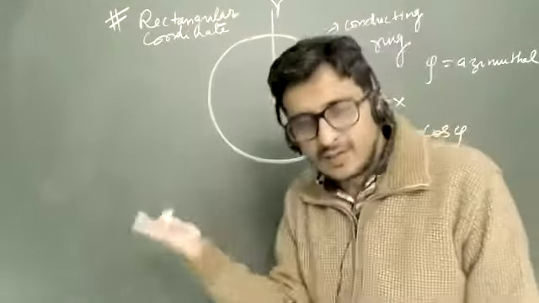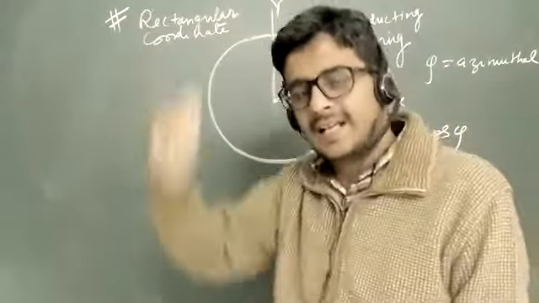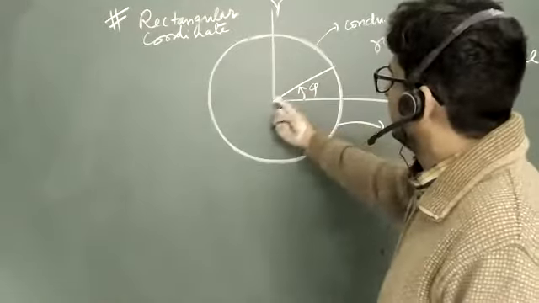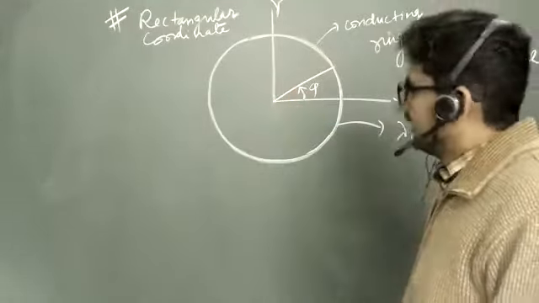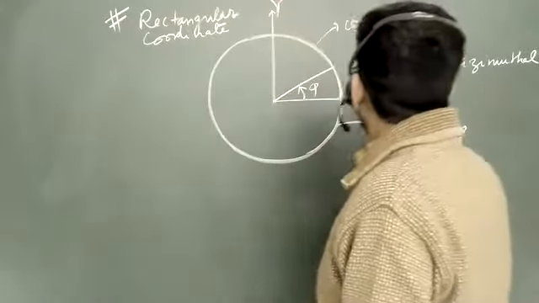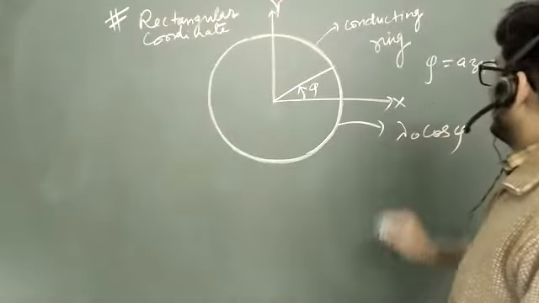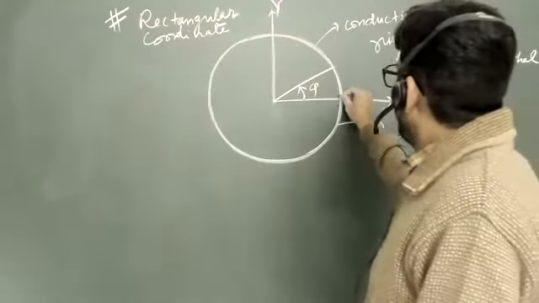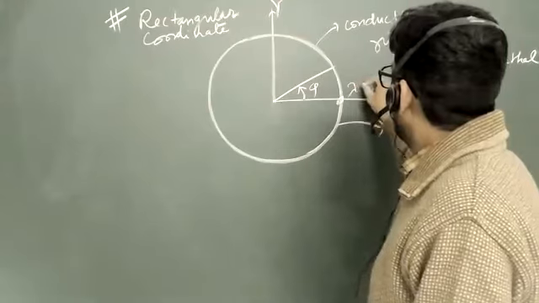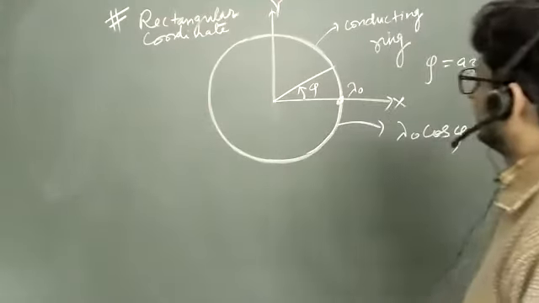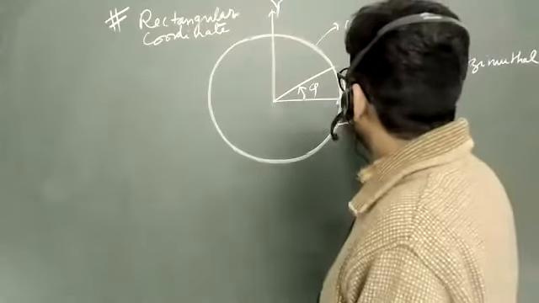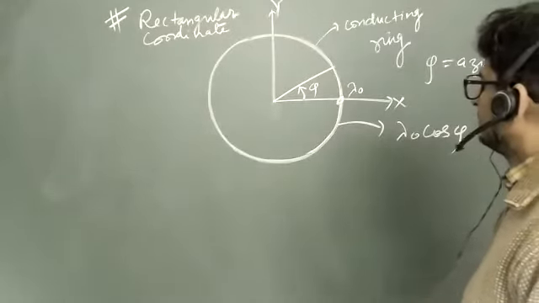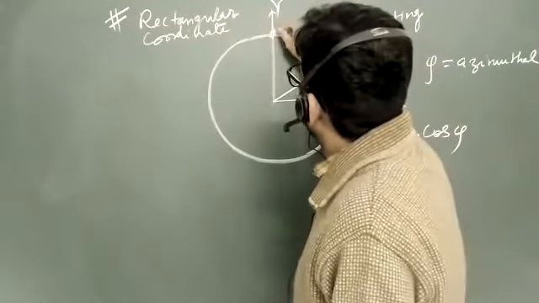Can you imagine it in 3D also? If it is on the XY plane and the Z axis is upside, this is the azimuthal angle, right? But now I have made it like this and this has become the Z axis. Is that okay? Now please understand this. Because of this azimuthal angle, what is going to happen? Here we will get something like lambda naught. Charge density will be what? Lambda naught. Here you will get 0.